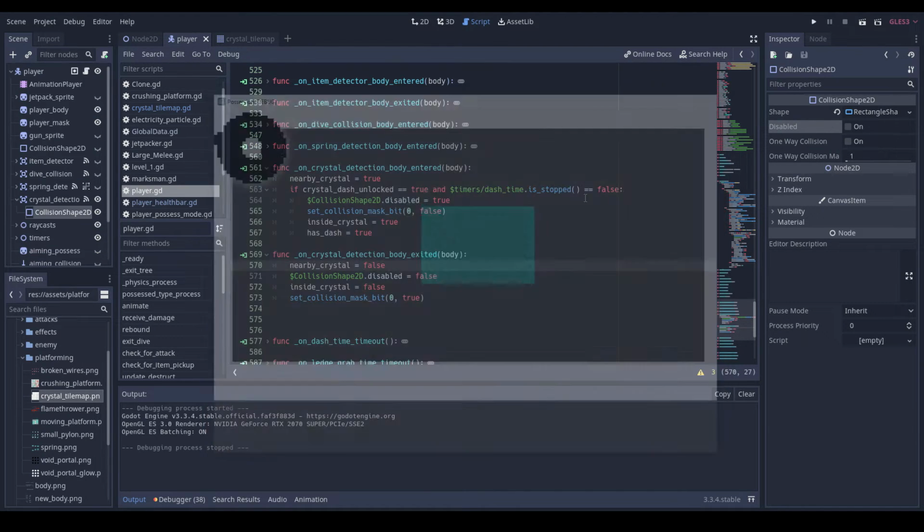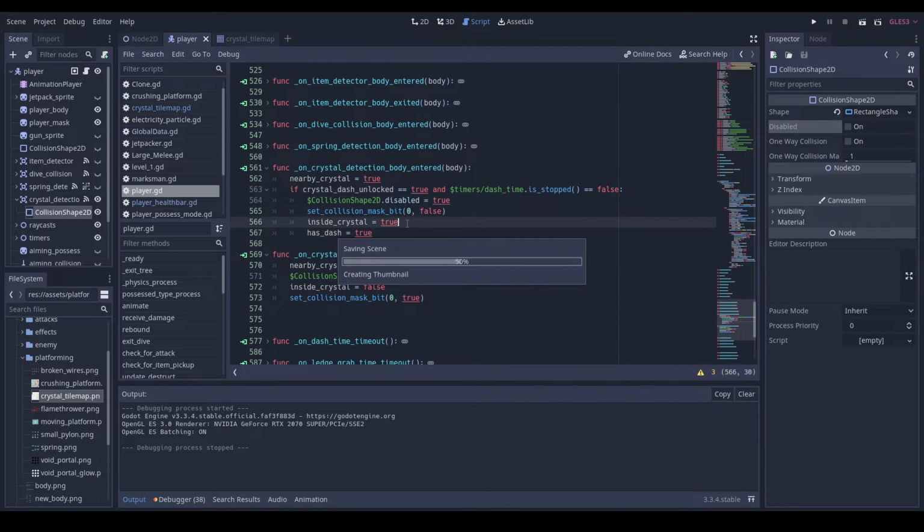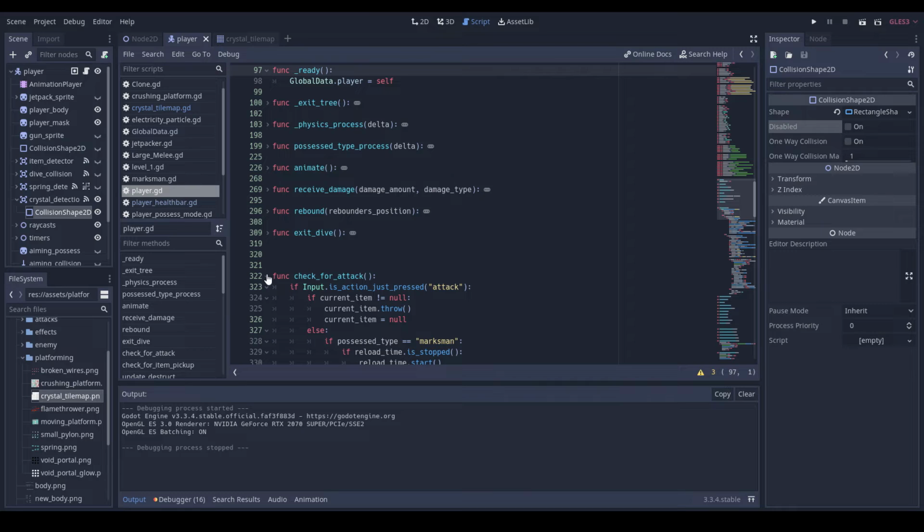Okay, sometimes we get glitched through the floor. I'm more interested in why this is happening. I think it might have something to do with our wall climb or ledge climb interfering with it. Yeah, so